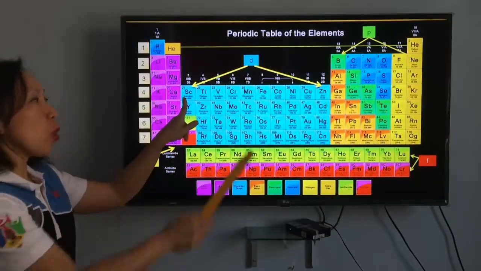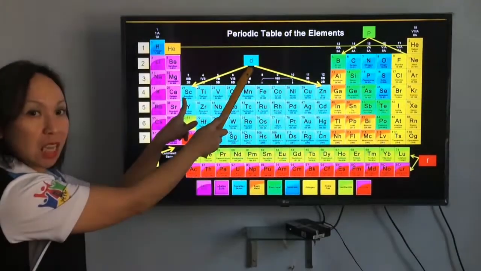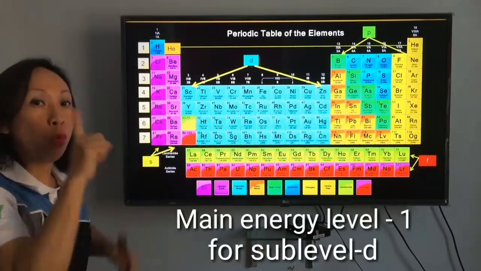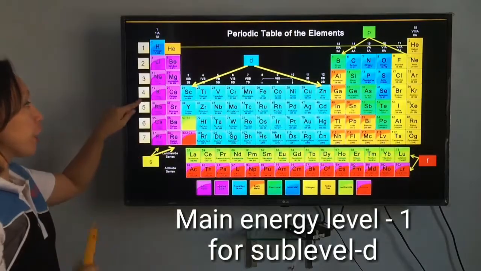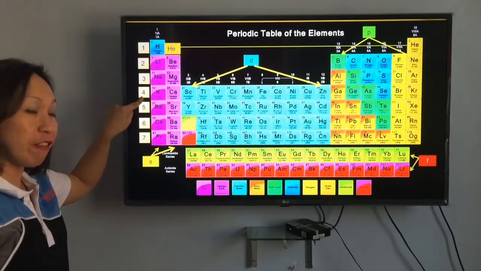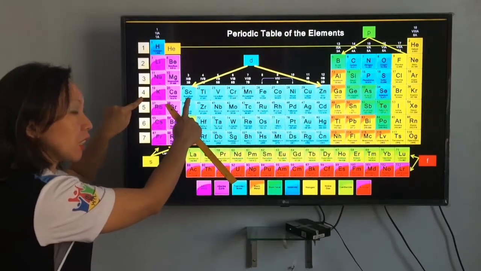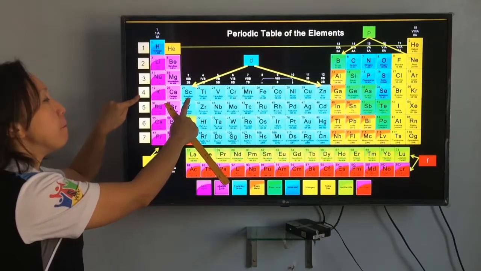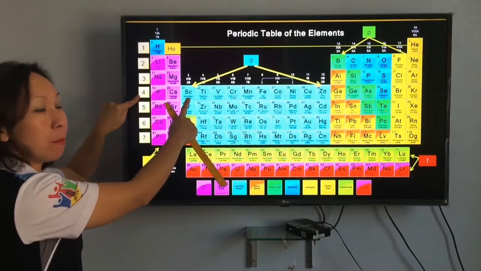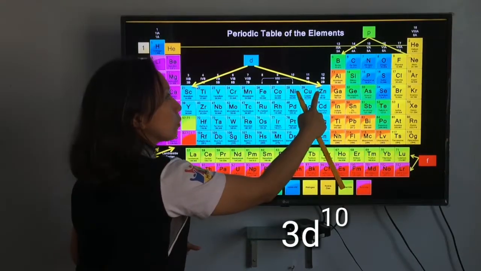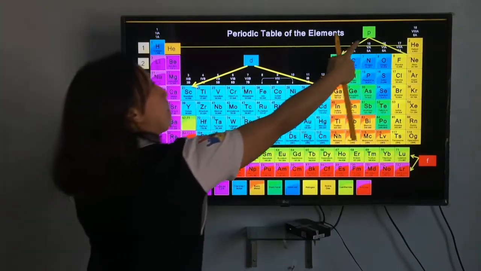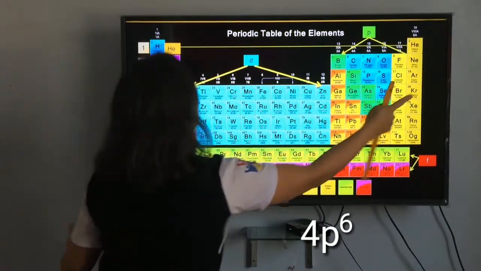Remember, there's a rule. When you pass the sub-level D, you have to subtract 1 from the main energy level. So if you're in the fourth main energy level and you're going to the D sub-level, 4 minus 1 will become 3d10, 4p6,